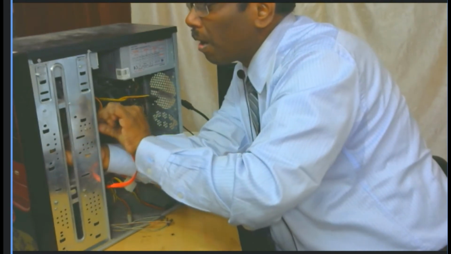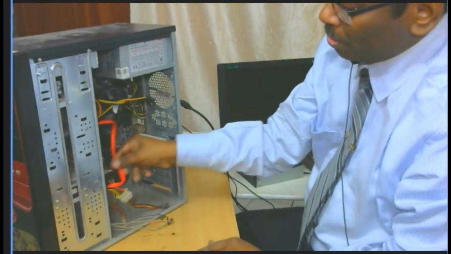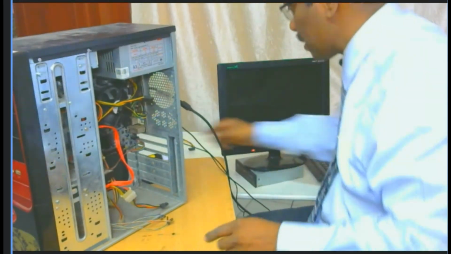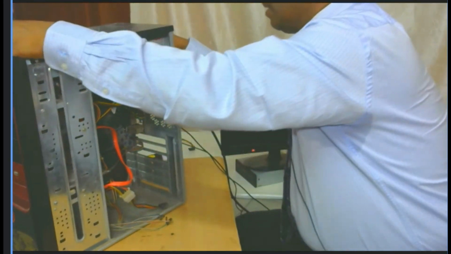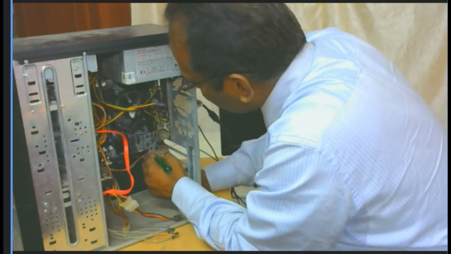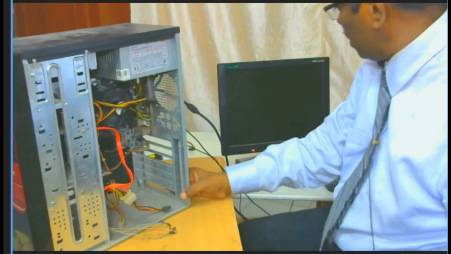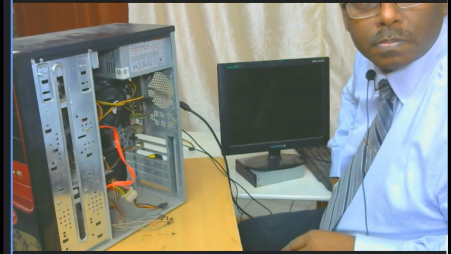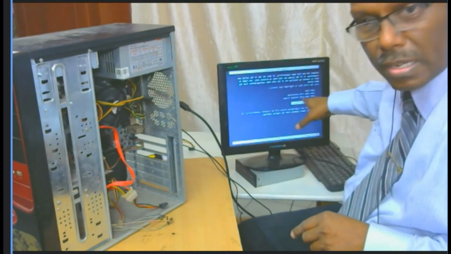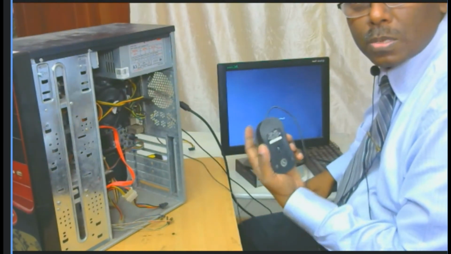Because things are very small, we may think that we may be doing it in a wrong direction. Yes, I have connected already. You see this? Now the last step is there. Here is my power. Okay. So I'm going to start. Yeah, I have started. So I have given even the hard disk also. Now you see this one? System started now. I can even use my mouse also here.